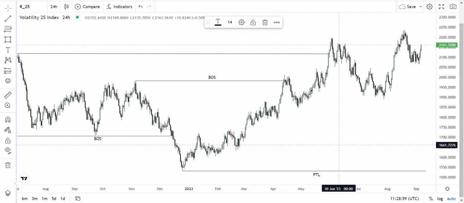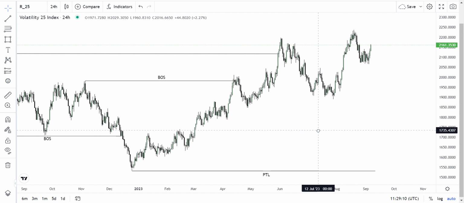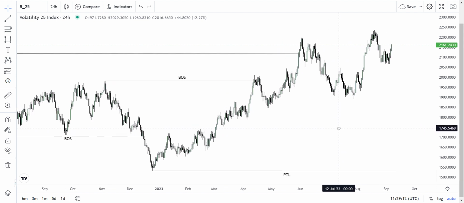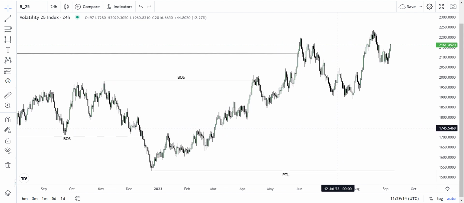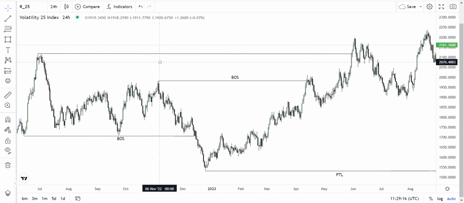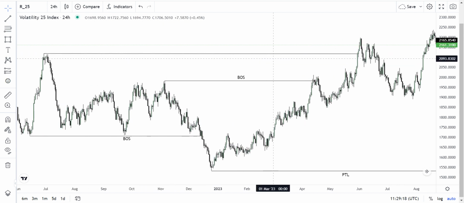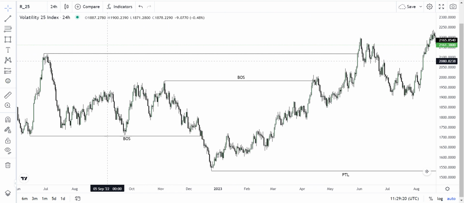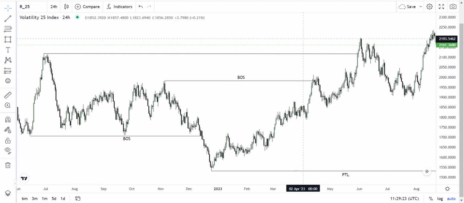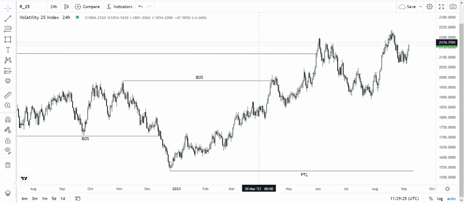Please note that the fact that it is called a protected low does not mean it will remain protected forever. It is just for the moment. So right now, our market structure has been shifted towards an uptrend. Why? Because our worst time protected high has been violated. We now understand that the story of the market is pointing towards an uptrend.